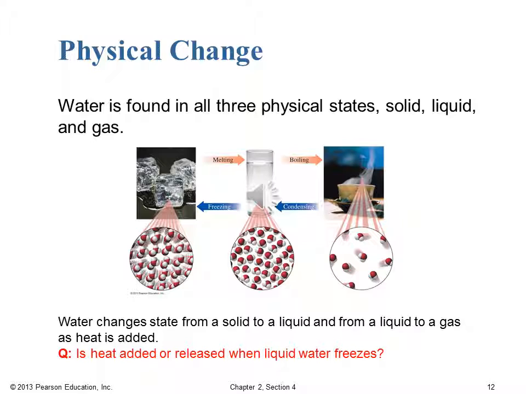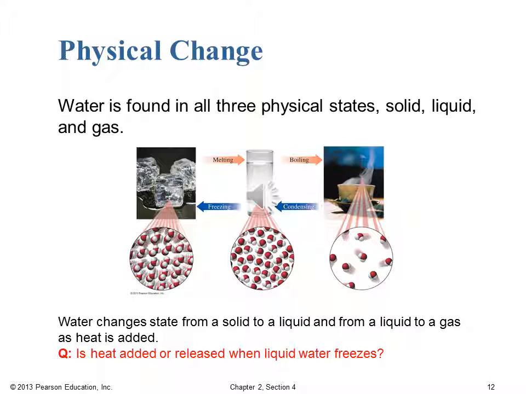So is heat added or released when liquid water freezes? Well, if we think about the processes going from a solid to a liquid to a gas, all of that takes energy to break up those interactions. The interactions are strongest in the solid, and then they're still quite strong in the liquid. And finally, there's almost no interaction between particles in the gas phase. So it takes energy to break up those interactions, and again, increasing amounts of energy as we go from solid to liquid to gas. Therefore, as we reverse, as the gas condenses or the liquid freezes, we actually release some